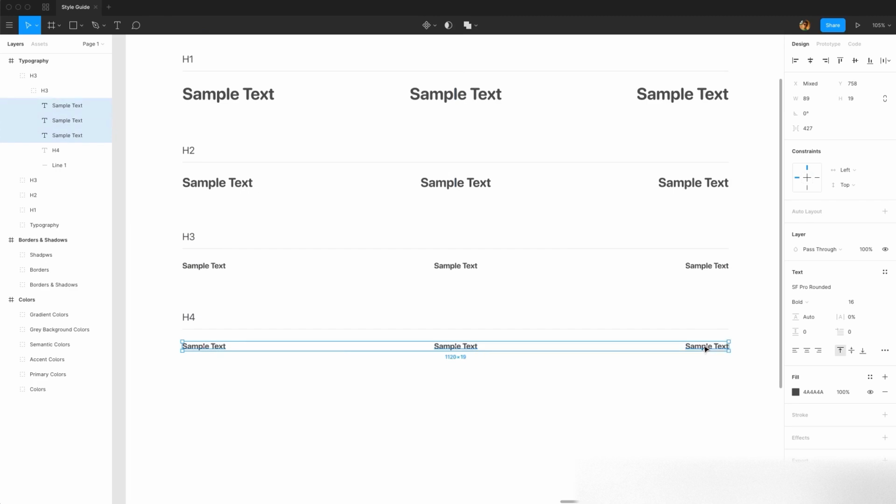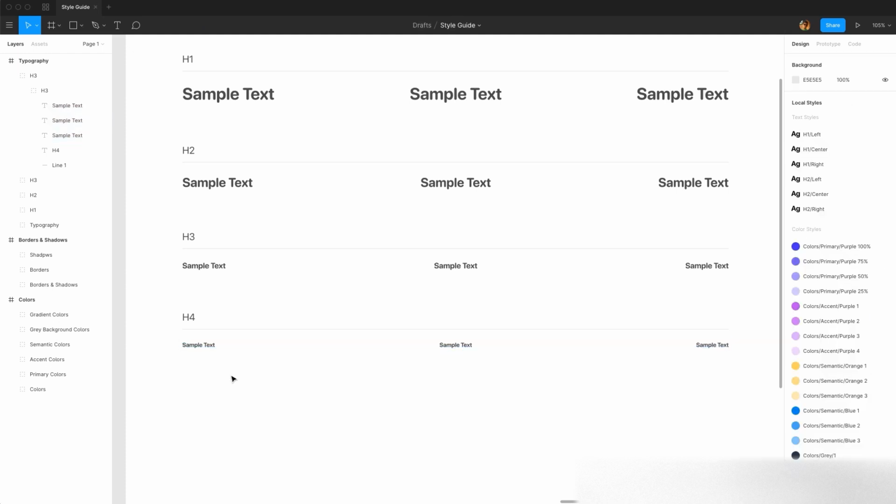Let's select all these texts and change the font size to 12 points. Fantastic. And that's all for this